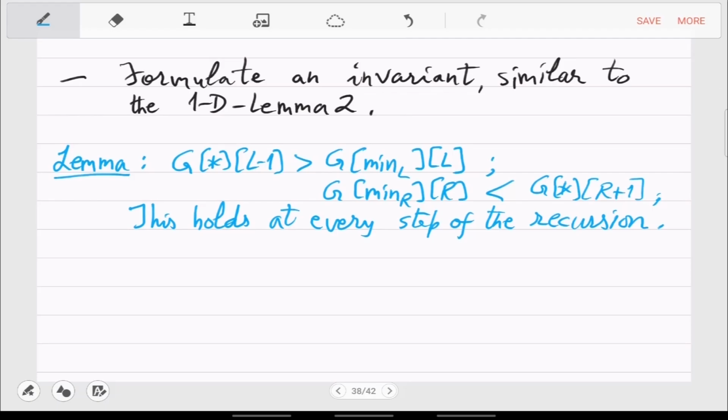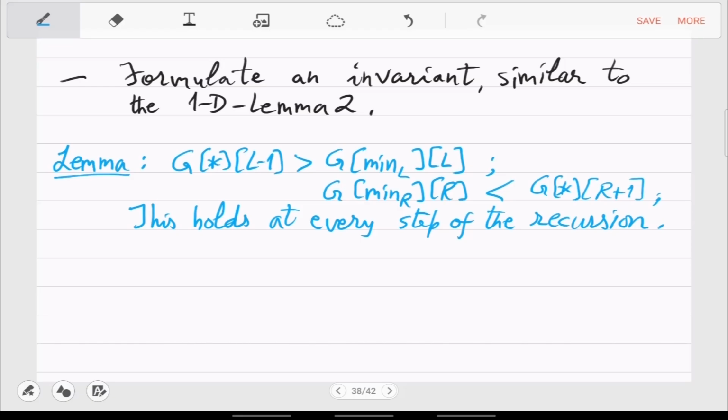So once we have done the update, once we have moved to the R new, you can check that the second inequality is true by that step. So the minimum in the new right is that red cell, right? And that is less than the minimum in the column R plus 1, because that was the green neighbor of the red cell, right? So the second inequality continues to hold. In fact, this was the reason why we picked the left half. And symmetrically, the first inequality will also hold.